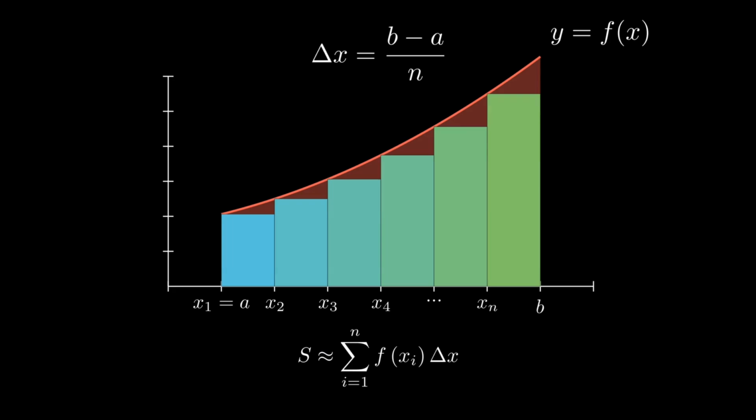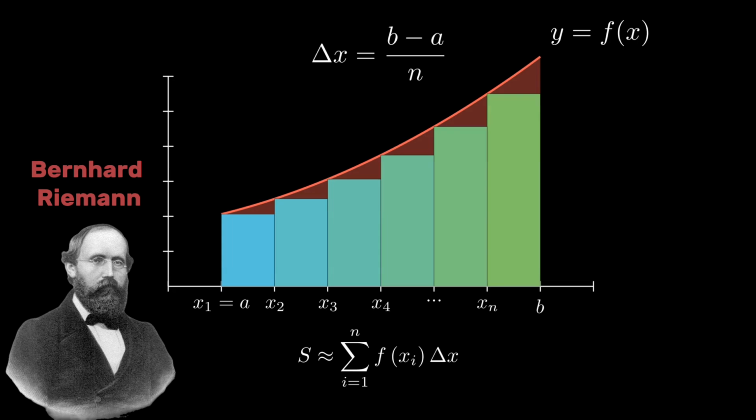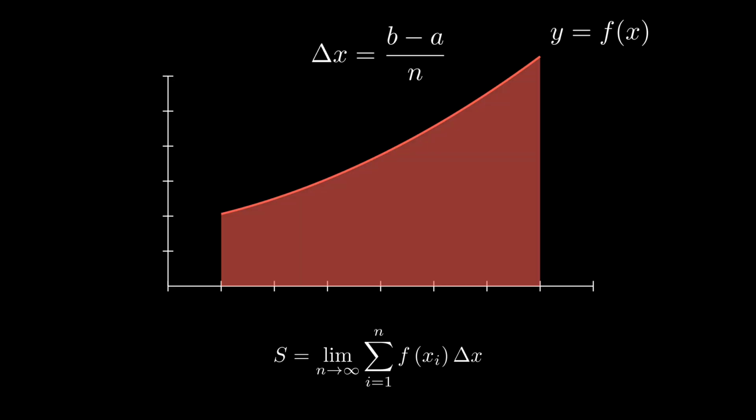Neat and tidy, right? This elegant formula is named after the German mathematician Bernhard Riemann. It's called the Riemann sum and serves as the foundation for the modern understanding of integration. When the limit of n approaches infinity, as the rectangles become infinitely thin, this sum gives us the exact formula